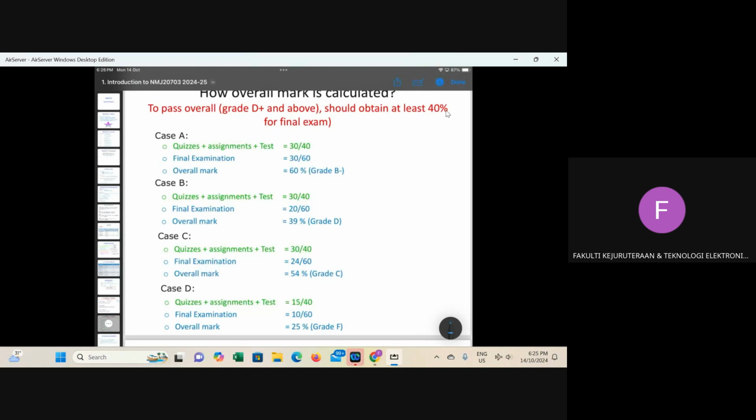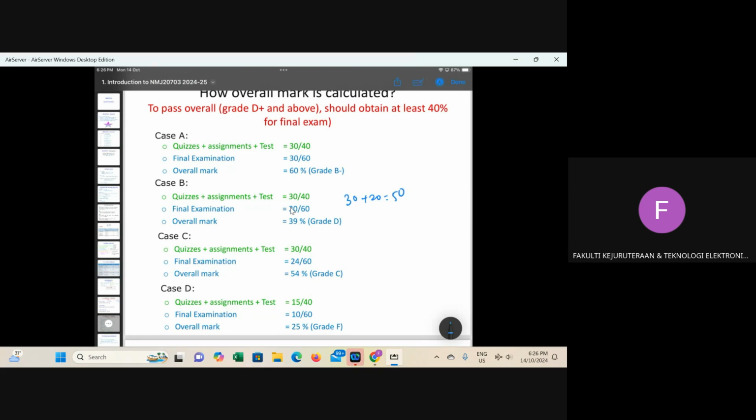So your overall mark is 30 plus 30, 60, and you got grade B minus. In case B, your coursework is still 30, but your final examination is 20/60, which is less than 40%, less than 24/60. If we total 30 plus 20, you got 50.